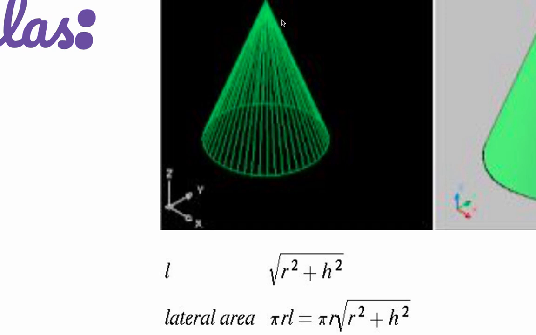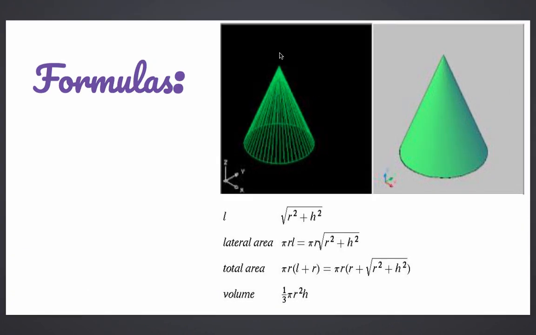So the same way, if L is the slant height, what is L called? Slant height, my dear students. For a cone, this L is called the slant height. So L is equal to square root of r square plus h square. H is the height of the cone, r is the radius of the cone. So L, slant height, comes out as square root of r square plus h square. Perfect. So what is the formula for lateral surface area?